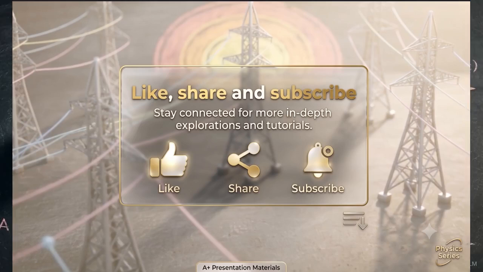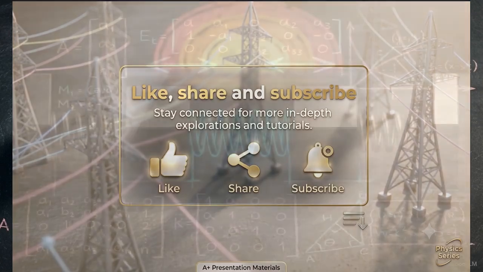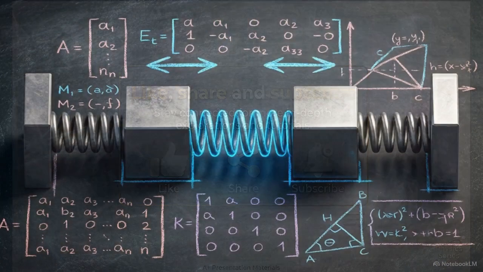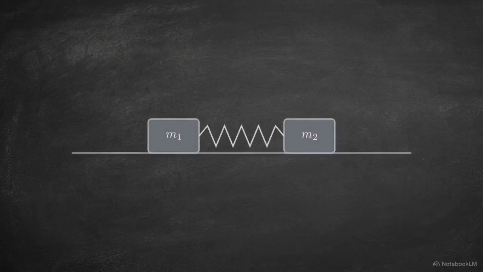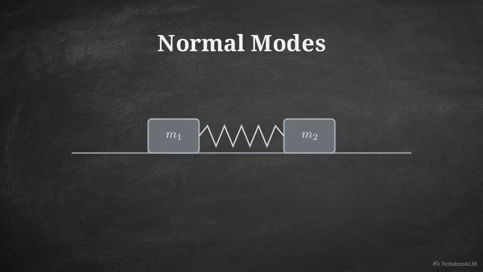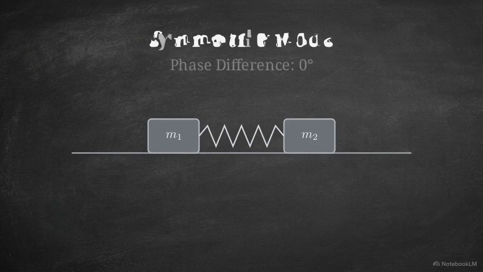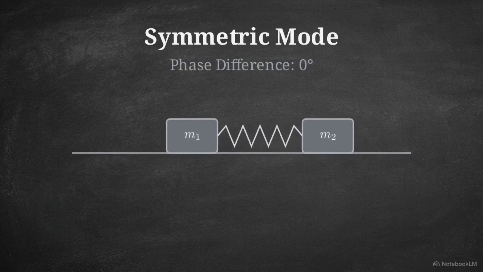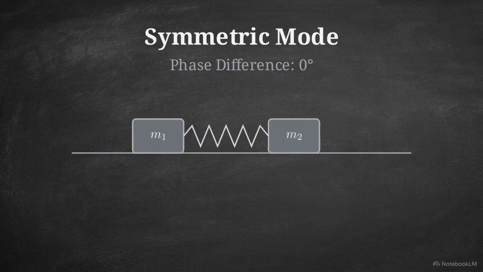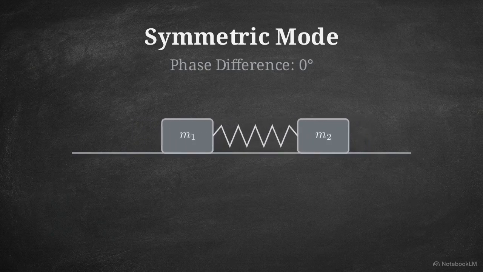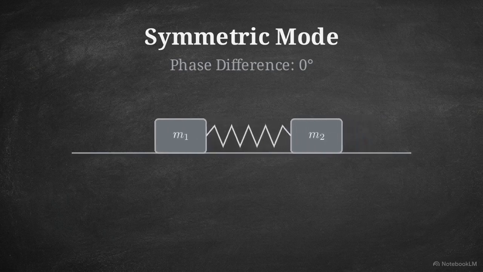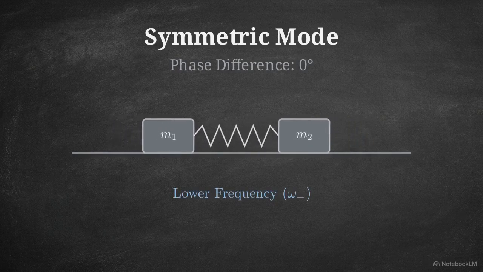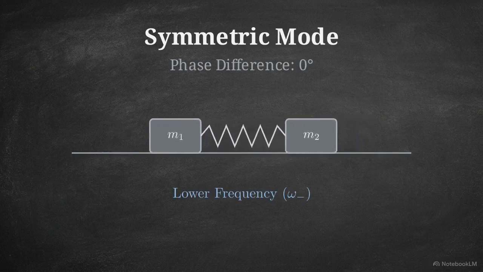In a coupled matrix, phase defines the internal alignment of the masses. This architectural relationship between components determines the motion of the entire assembly. These internal relationships define normal modes. In the symmetric mode, the masses move with a phase difference of 0 degrees, vibrating perfectly in unison. Because they move together, the central coupling spring does not stretch or compress. It provides 0 resistance, causing the system to behave like a single mass with a lower resonant frequency.